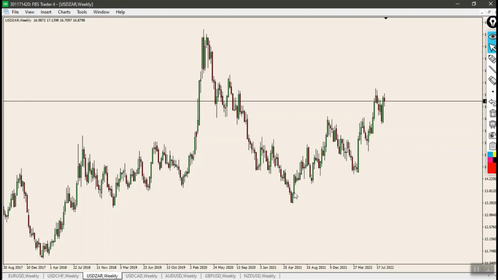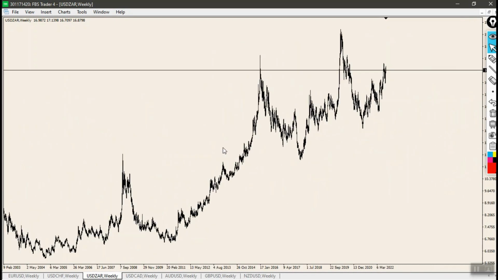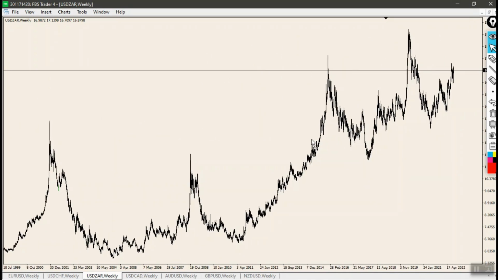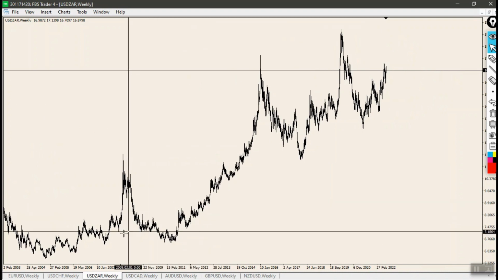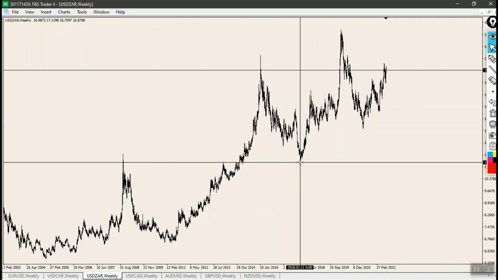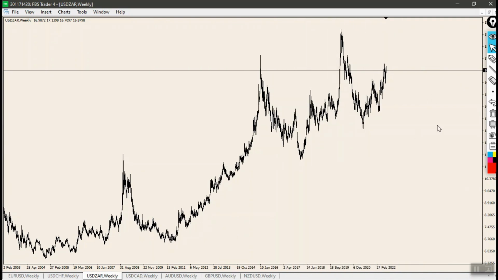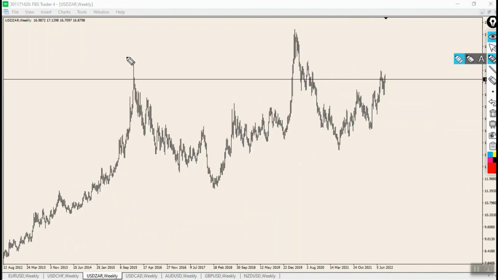We're going to start off with USDZAR, and as you can see, the market has been rather bullish for the longest of time, since 2004 if I'm not mistaken, and we've had this bullish momentum going to the high. But as you can see right now, we have what seems to be a head and shoulder pattern. Let me draw it. A head and shoulder pattern with this being the first shoulder, the head, and then right here we may have the